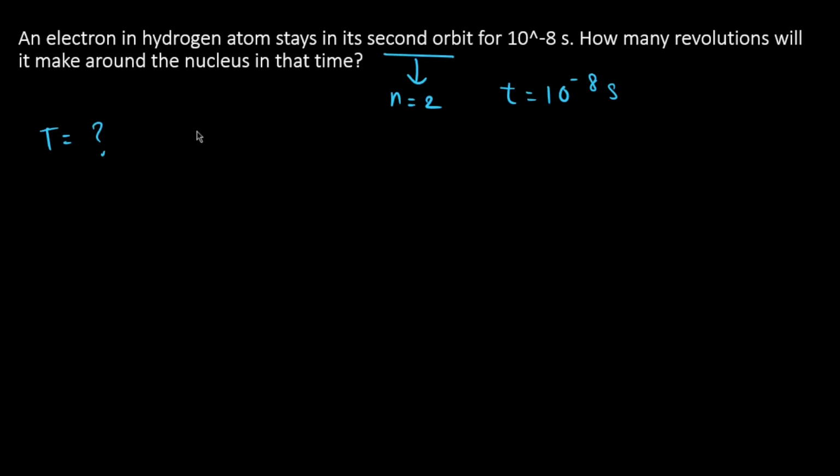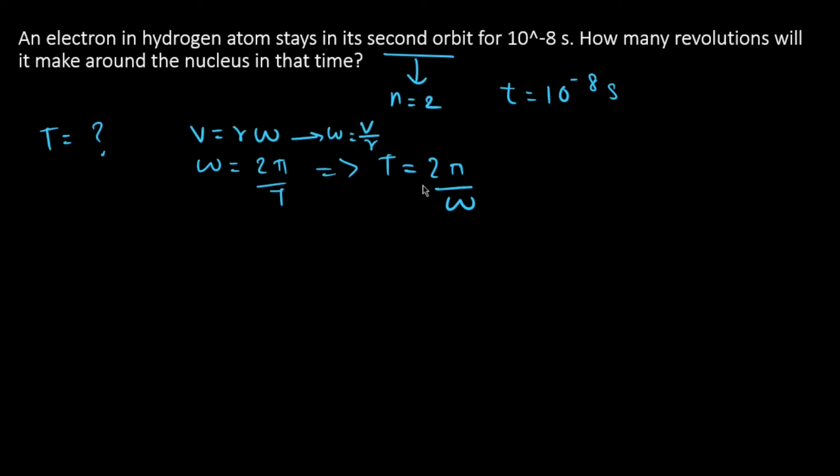So we know that v equals r omega and omega equals 2 pi by T, which implies T equals 2 pi by omega, and omega is from here v by r, right? So putting the omega value, we get T equals 2 pi r by v. So by substituting the value of vn and rn for an electron in nth orbit, we get the time period as